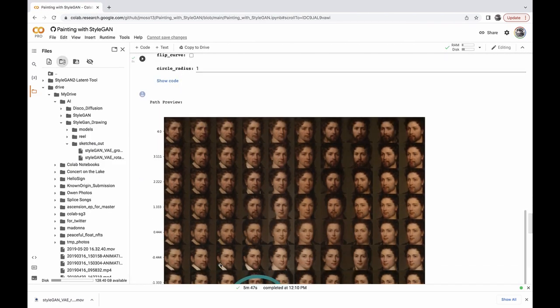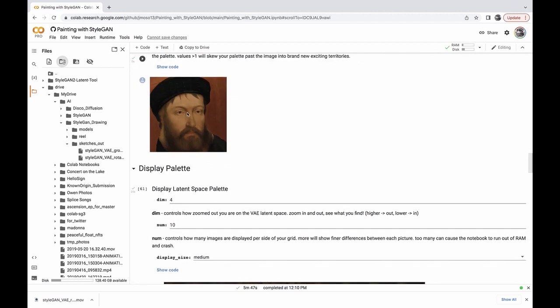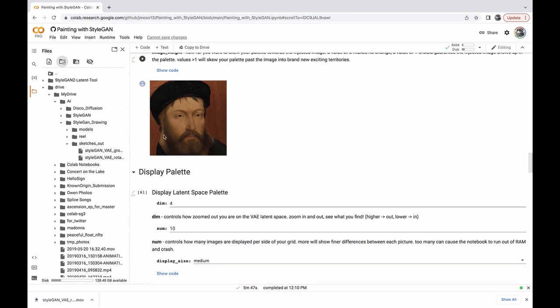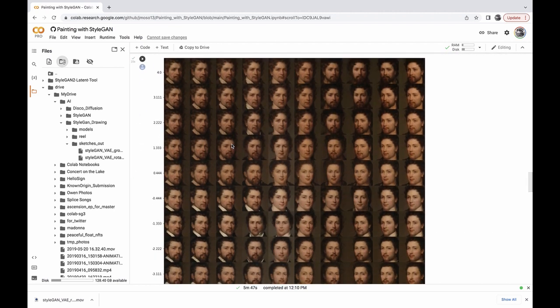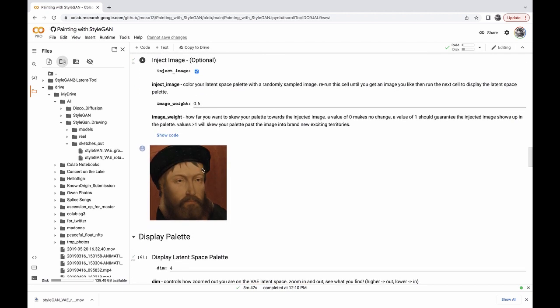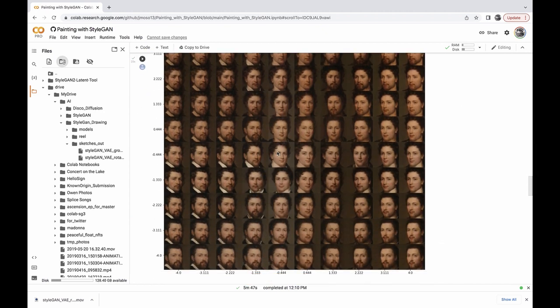I might even inject a different image up here rather than this dude, because you can see there's quite a sharp difference between his outline and the background, and I think there's some of that in that rotating video that I'm not super stoked on. So I might honestly just inject a different image and then try to do a loop that way. But either way, that is how you would make a circular video